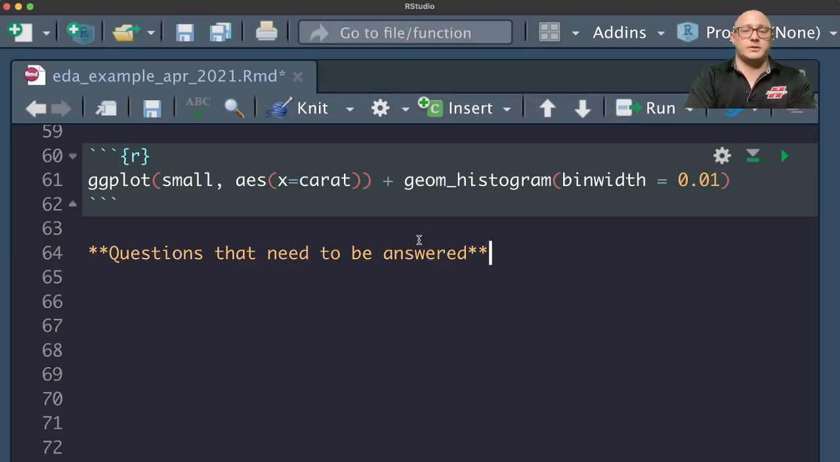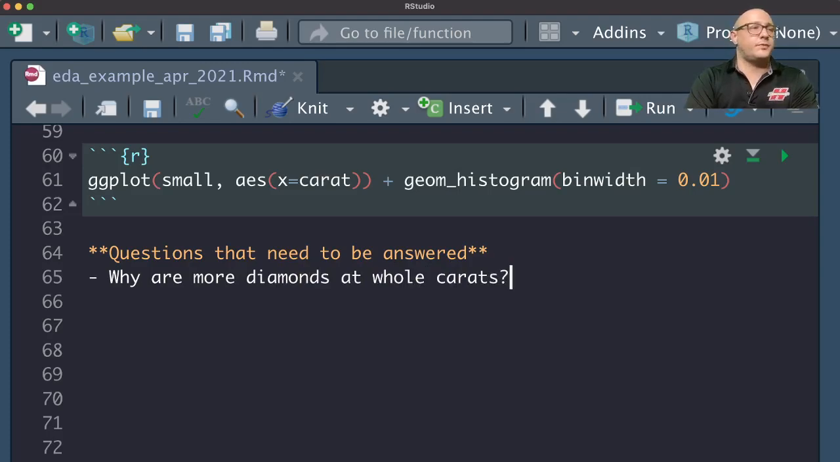Questions that need to be answered. Okay, and so we can do something like this and say, why are more diamonds at whole carats? That's kind of the first thing that we see there. And then we'll say something like,